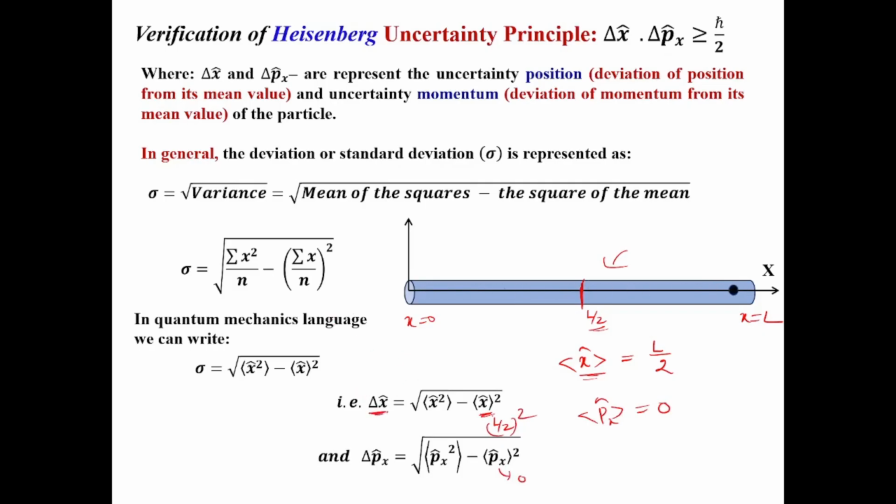To find this deviation or uncertainty in position and uncertainty in momentum, we have to calculate this value and this value, right? The procedure is the same. So we have to calculate the expectation of x square. So what do we have to write? The writing format is the same, 0 to L. We are considering the same